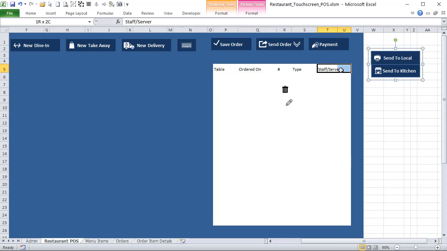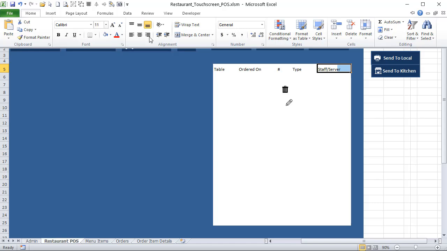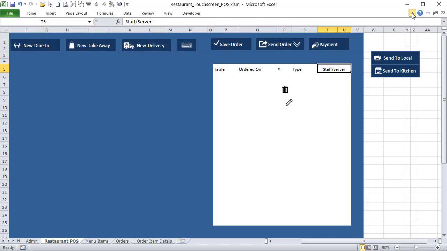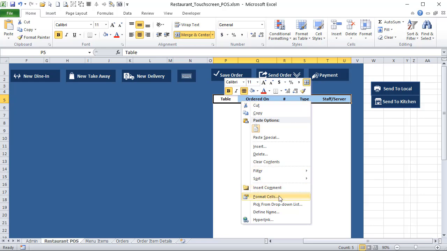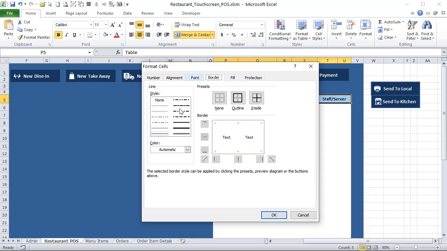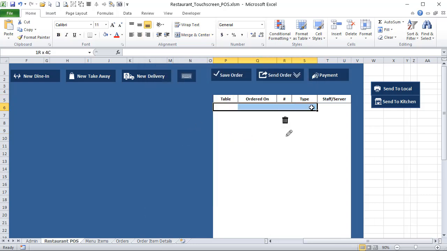And we can merge and center this one because we have a little bit larger area. And I'm going to drop this down for a while. And then let's center them in there and make them bold. And let's put some formatting around that because I want that to be the top of the order. So I'm going to choose this color, which is our accent color, and just go all the way around for now. And so basically what I want to have is the information here, and then I want to have another